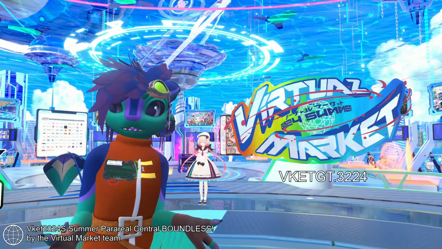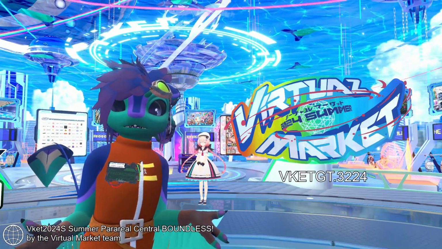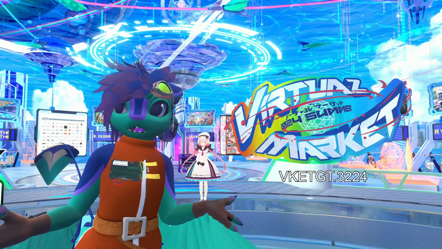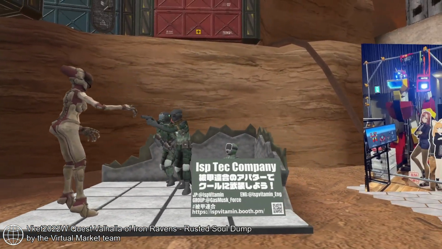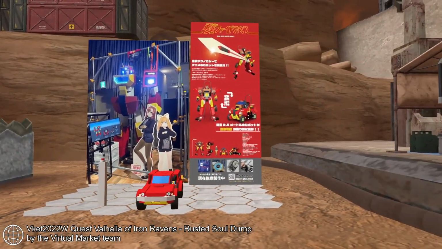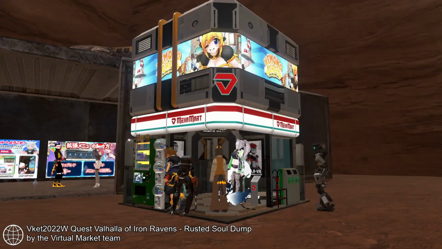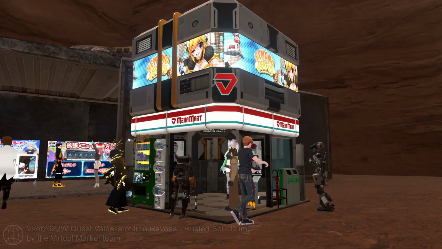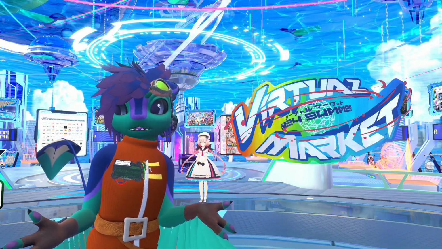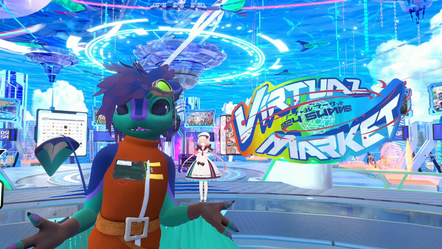And if that's not enough for you, twice a year is one of the biggest events in all of VRChat, Virtual Market. It's a ginormous bazaar where creators from around the world set up booths to sell their virtual wares, all within gorgeous themed venues. Even if you're not there to shop, it's still tons of fun to explore and experience a different side of